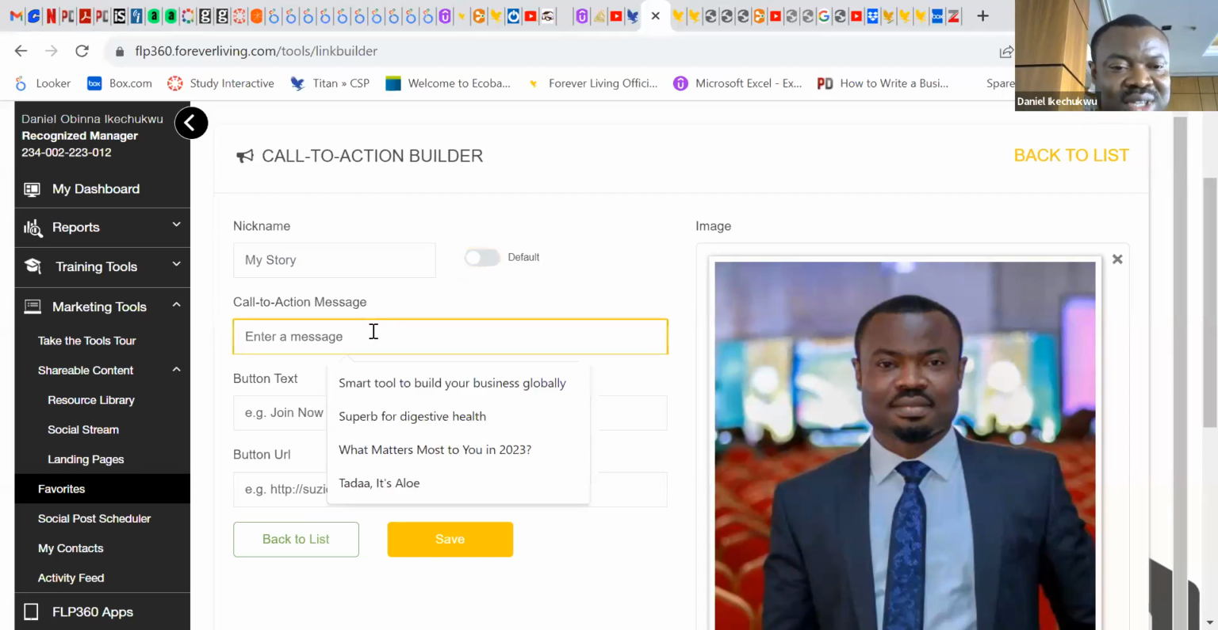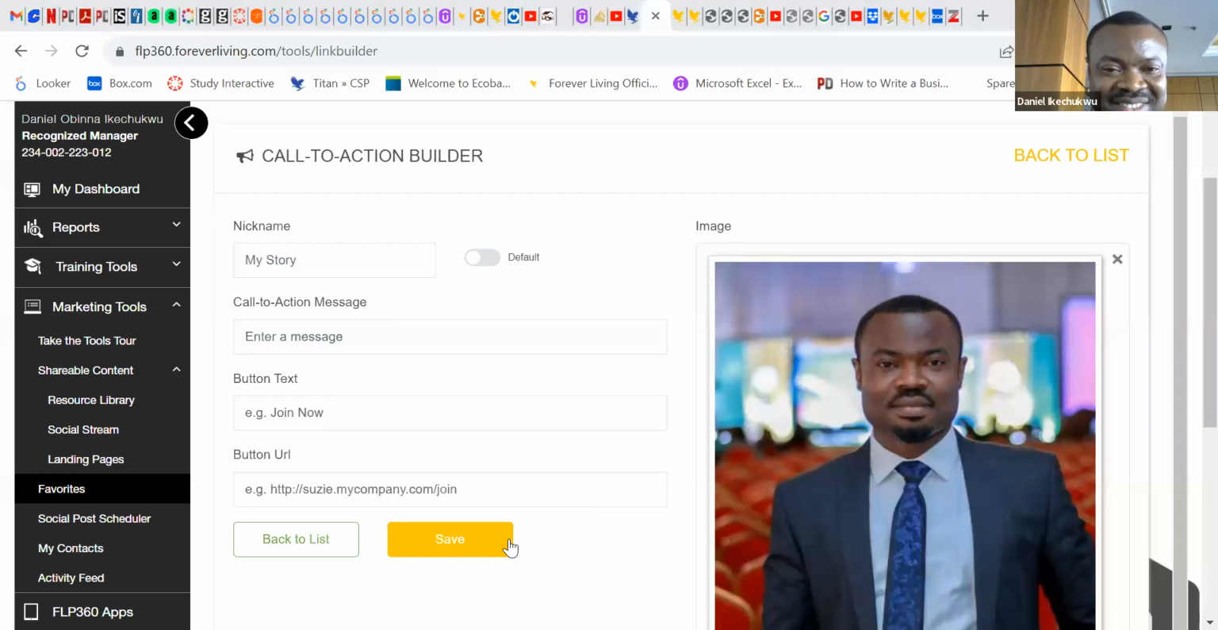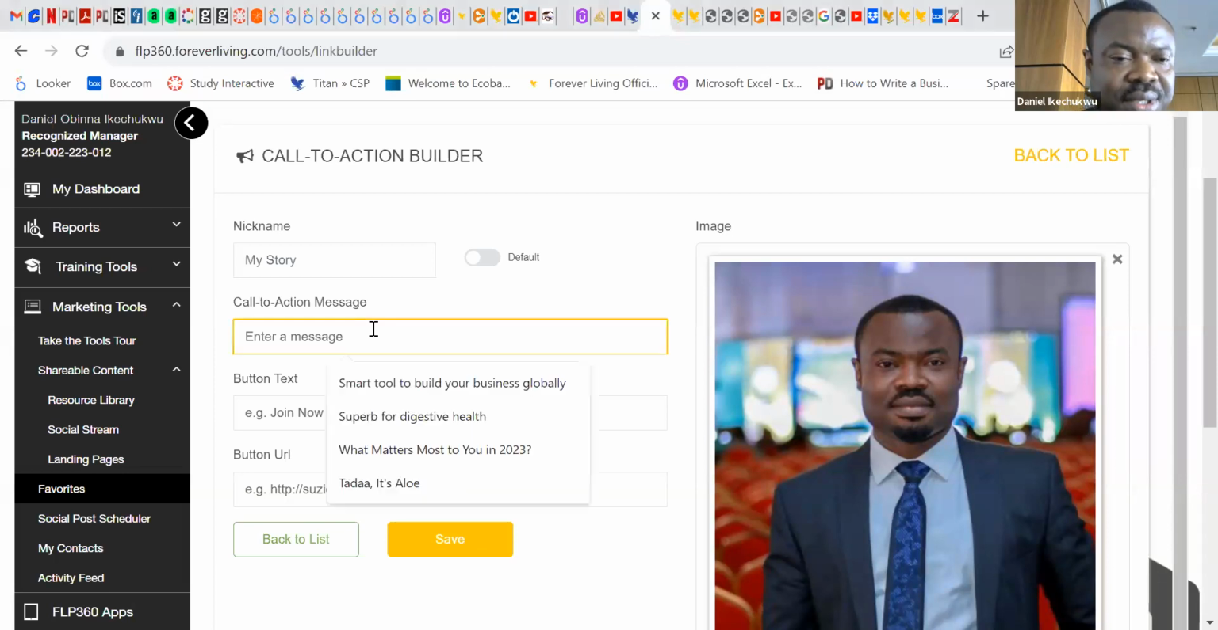Now, since it's your story, what do you want the message to be? What do you think the message will be? The message is the message that follows the call to action button. What do you want the message to be? Okay. In order not to waste time, since it's your story, the message can be,